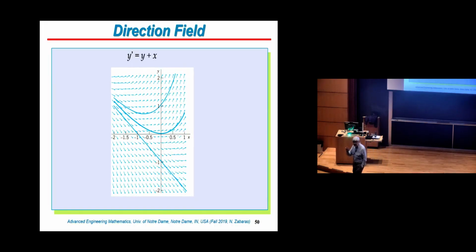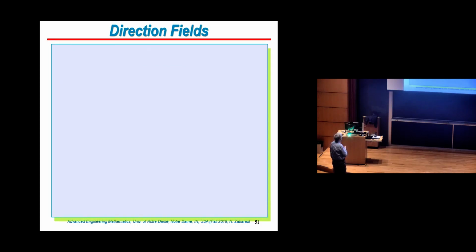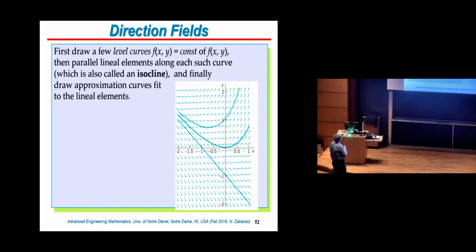Effectively, you plot contours that have what? The same, iso means the same, and cline means what? Isocline, the same slope, okay? So effectively, we plot contours of the same slope, and that's what actually MATLAB does for you, okay? It plots contours that have the same slope, and it does it with a discretization, not in a continuous fashion, and it gives you these little arrows that define what the solution of this ODE looks like.